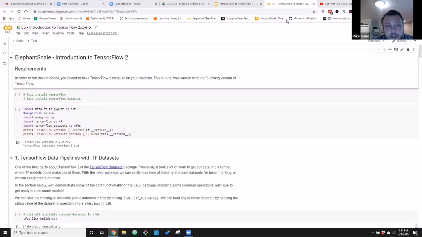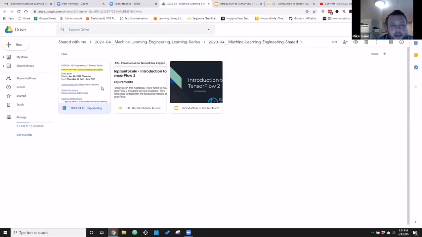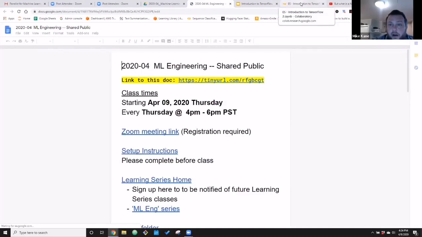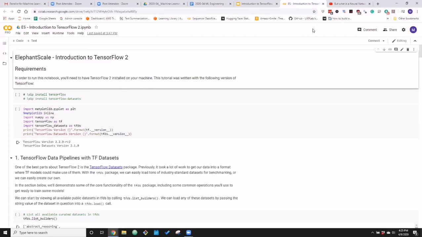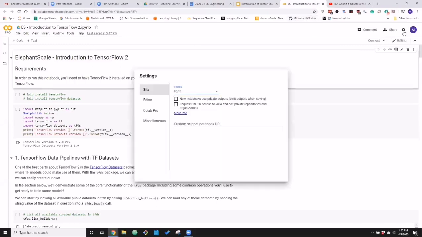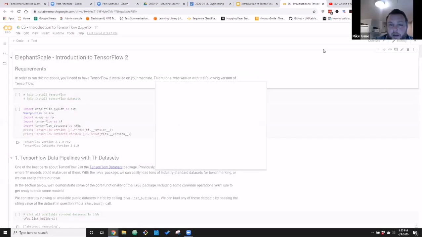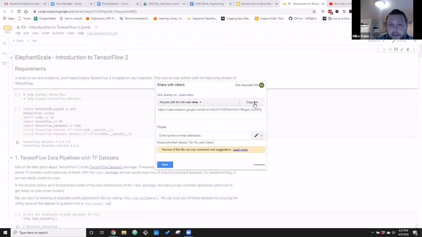So the Colab link is going to be in this document. Whoops, I can't see it because of the Zoom link here. Let me move this stuff around. So if you go in this document here, I'll drop a link to the Colab notebook here in the chat. Sorry, Mike. Yeah, I was going to say, if you could go to the shared link right there, you just had it open. Oh, share. There we go. Yep, that's the one we need. Yeah. We will copy link.